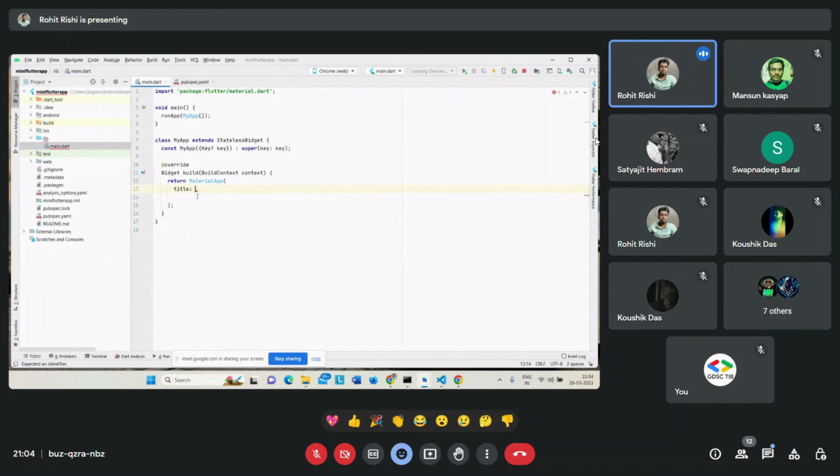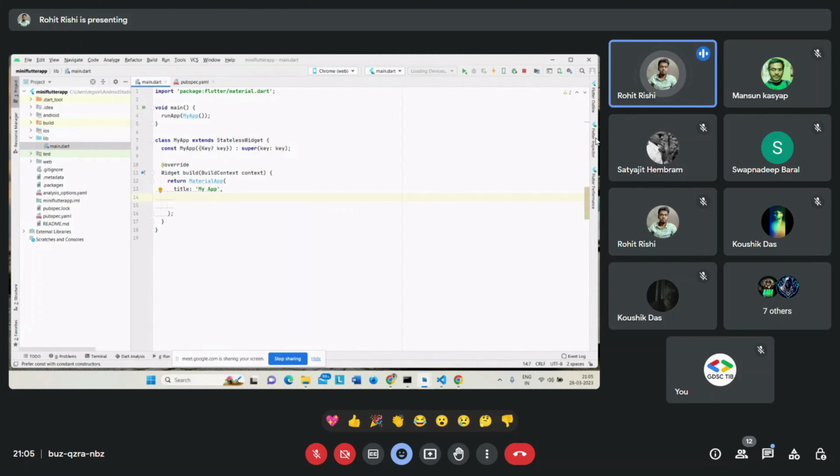If you are a programmer, you know a string should be inside single quotes or double quotes. I'm using single quotes here. I'm going to name this My App. After writing title inside the MaterialApp, I'm going to use